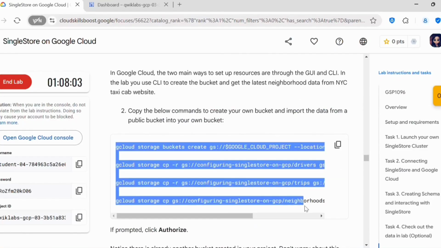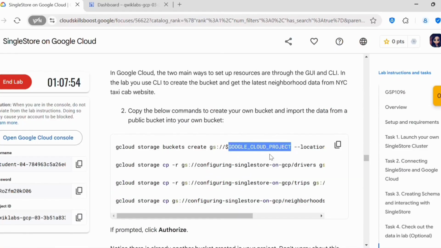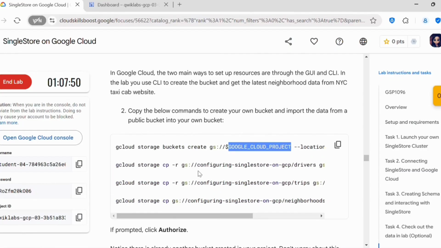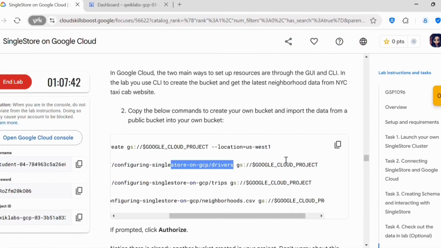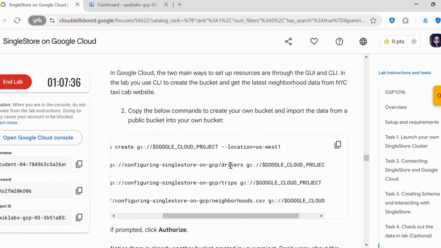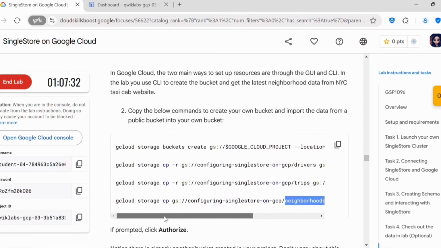Here you find a set of commands. First it will create a storage bucket in location US West 1. Then it will copy from this path to our cloud storage bucket. So these are the files: drivers, trips, neighborhoods.csv. All these files get copied to our storage bucket. So let's copy this